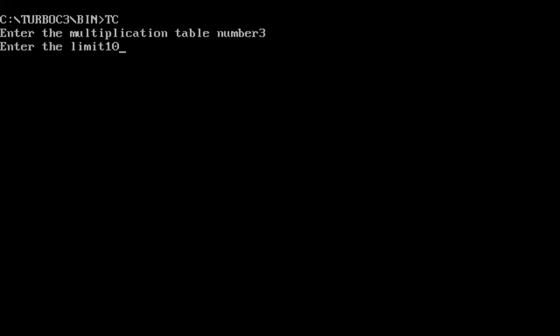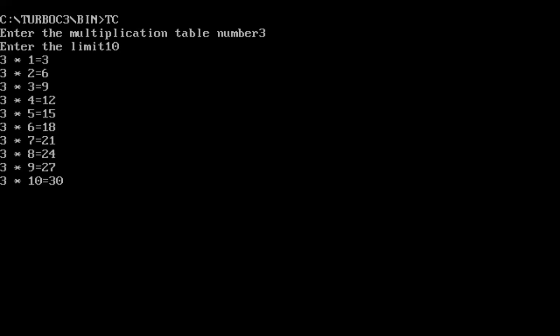Obviously it will start from 1, because we have initialized the counter I from 1 and its limit is up to 10. So it's giving us the full multiplication table of 3, like 3 multiplied by 1 is equal to 3, 3 multiplied by 2 is 6, 3 3 is 9, and then up to 30. So how is it doing this?